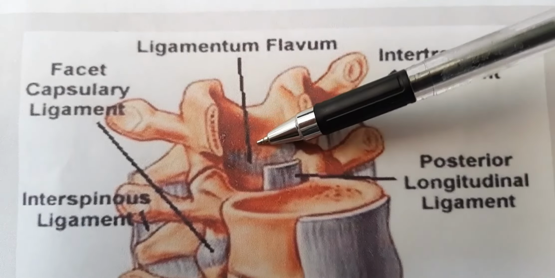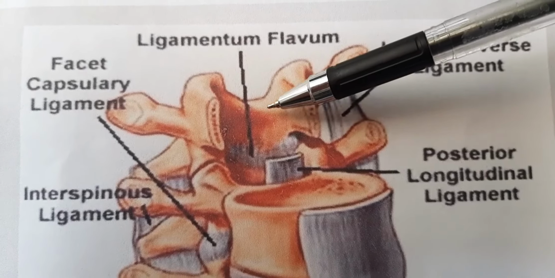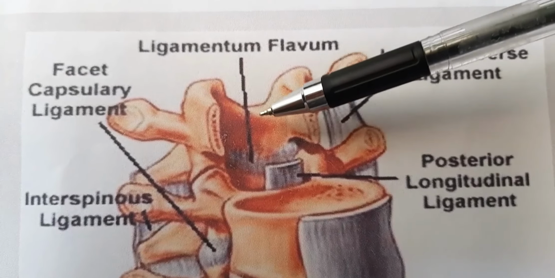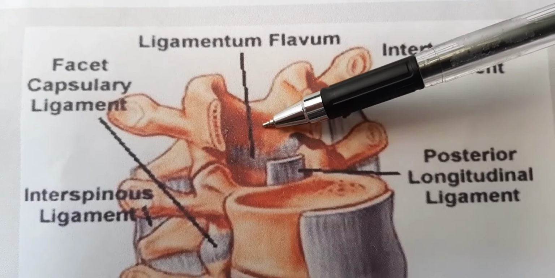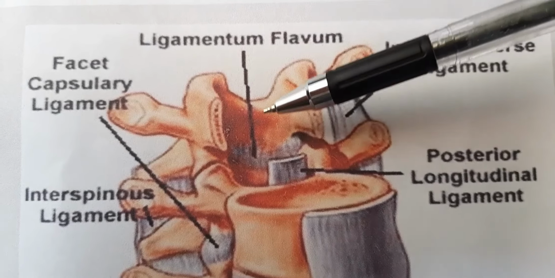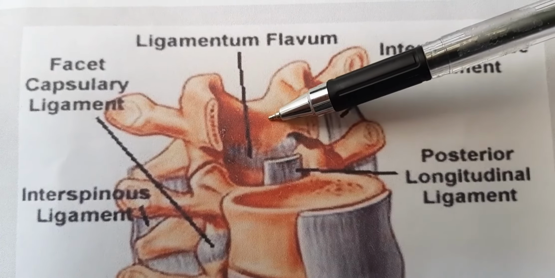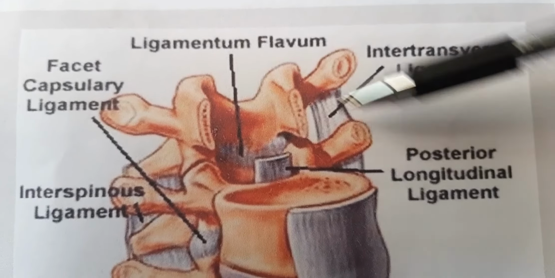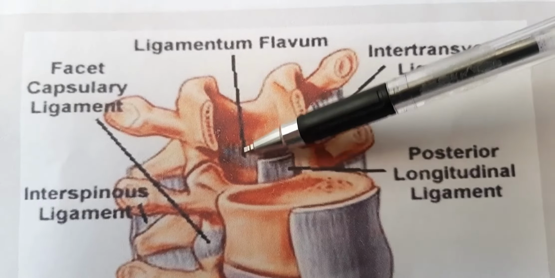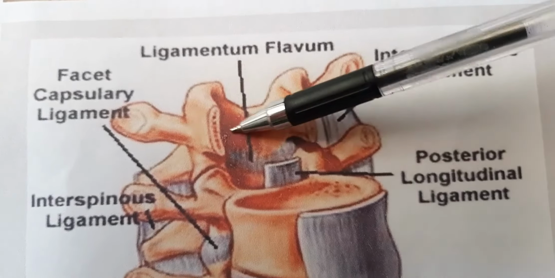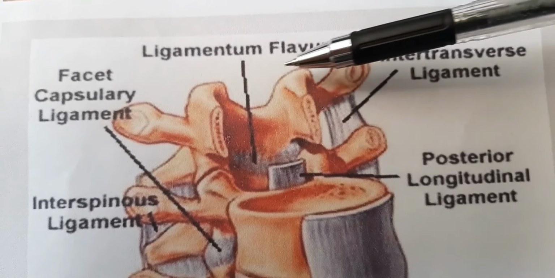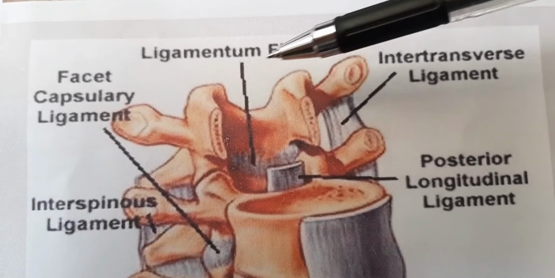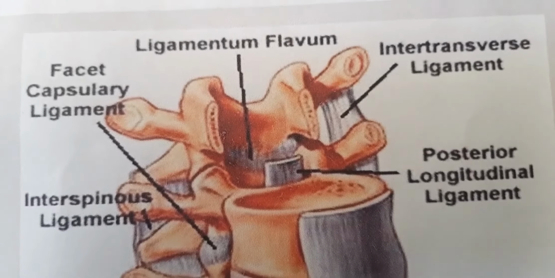So most of the ligaments are weakest in the cervical region because that's not a very weight-bearing site. And the highest strain in this ligament occurs during flexion, when the ligament is stretched. Obviously when you do flexion, moving the front part, this ligament gets stretched because it is present on the posterior side. So obviously that will be the highest strain on this ligament.